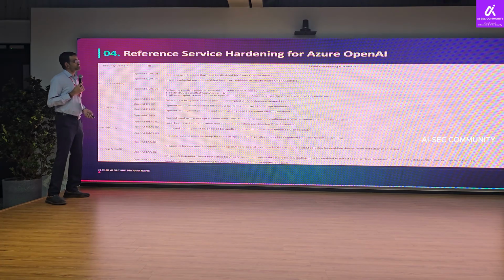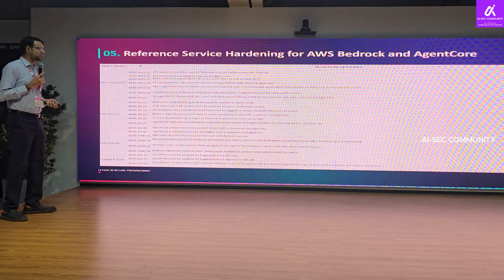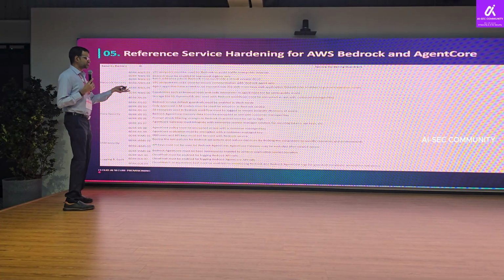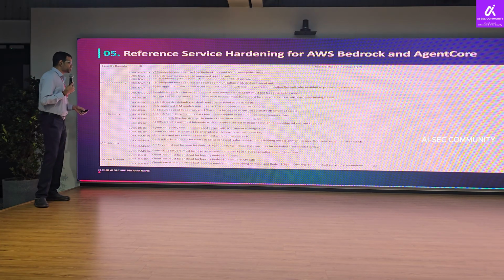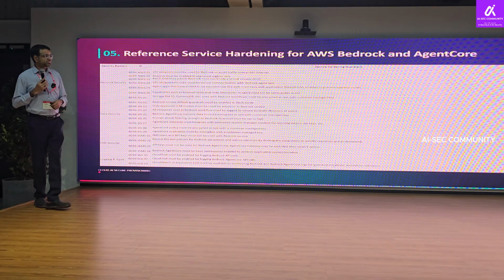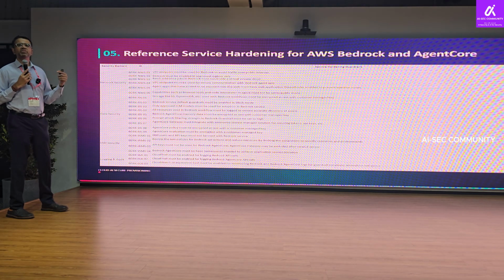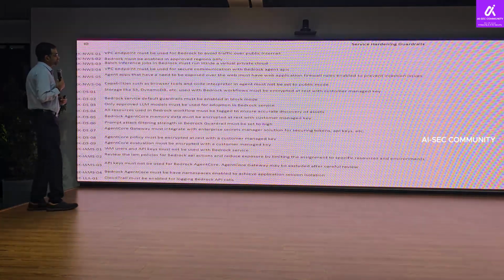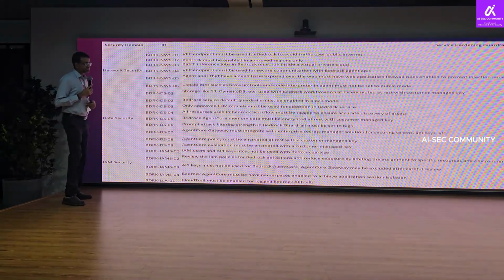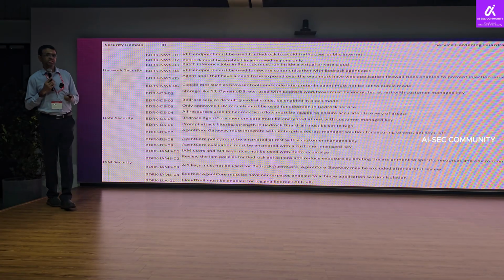On similar lines, I also have it for Bedrock and AgentCore from an agentic AI perspective. And this again covers all the domains that I spoke about. I think with Bedrock, we also have some other minute things, the way AWS exposes it, right? And again, why I call it basics is because one crucial thing that people miss out is in the second baseline, right?